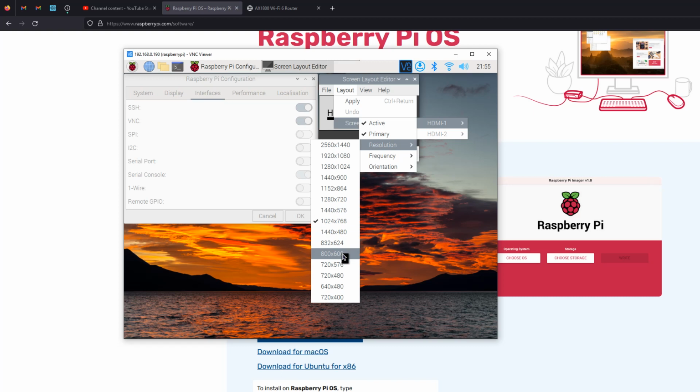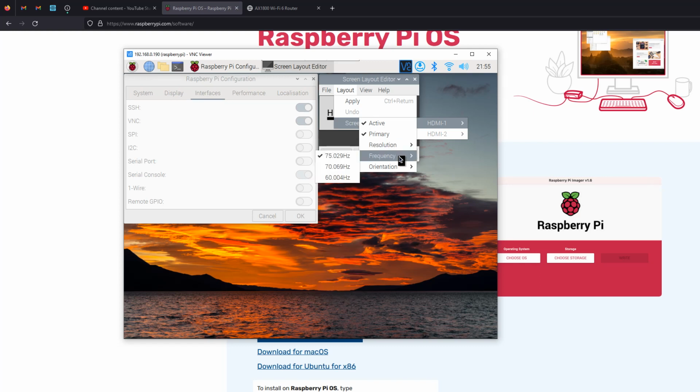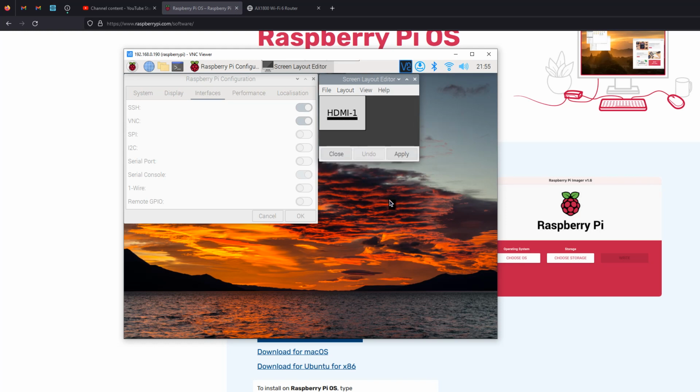There won't be enough space to display a fair amount of that code. So let's see, that's not necessary. You can drop down to 60, but it doesn't really matter. It's the resolution itself. Okay, so once you have these two things done,